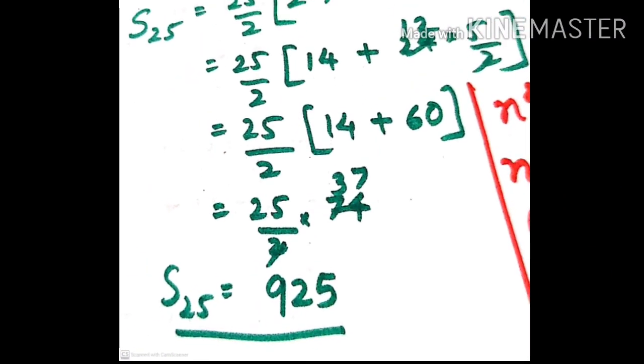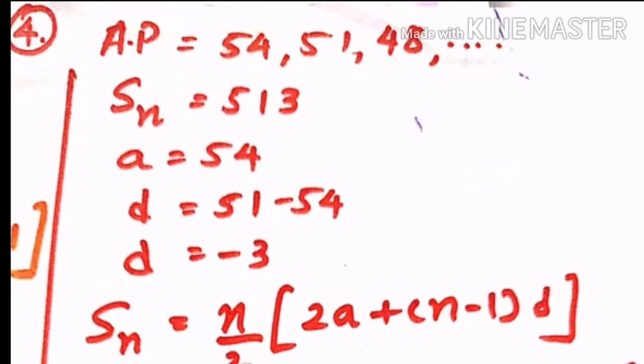Now moving to next question number 3. The common difference of an AP is minus 2, and find the sum if its first term is 100 and the last term is minus 10. That question, students, I have not solved because it is very simple. So that question you can solve by yourself. All the things are given, last term also given, first term also given, and difference is given. So you can find n first and substitute in our Sn formula, you will get your answer.